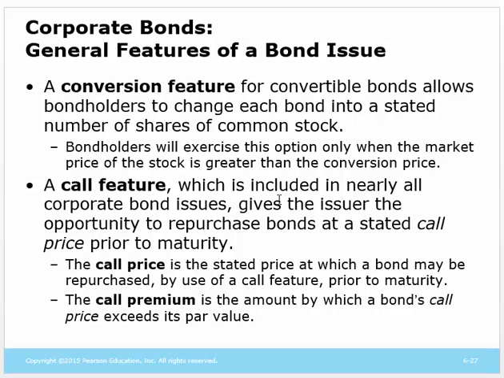A couple of features about bonds in general. There is something called a conversion feature. The conversion feature permits an investor to change their investment from being a creditor to being an owner. And there are certain rules for how that happens, and of course the investor is only going to do this when it makes sense, when they're going to make money from the transaction. The call feature, though, is a little bit different. It is actually driven by the corporation themselves.